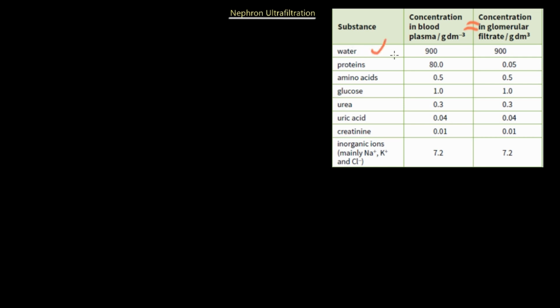And so we are going to have water fully going through, and it's going to level out with whatever the blood plasma is going to look like. The proteins, however, will not seep through. We're going from 80 to 0.05. So the large proteins will not be getting by. Amino acids will seep through, glucose, urea, uric acid, creatinine, and of course our inorganic ions are all going to pass through. The only exception will be the proteins. So it's important to remember that proteins and of course the cells will not be going through the nephron